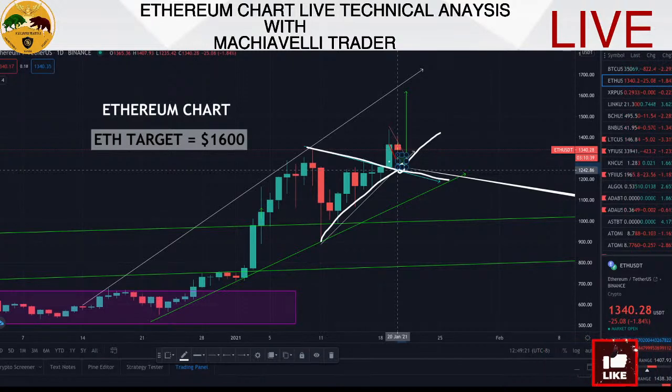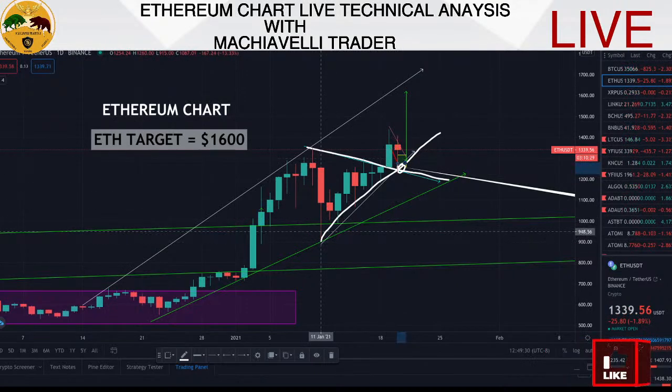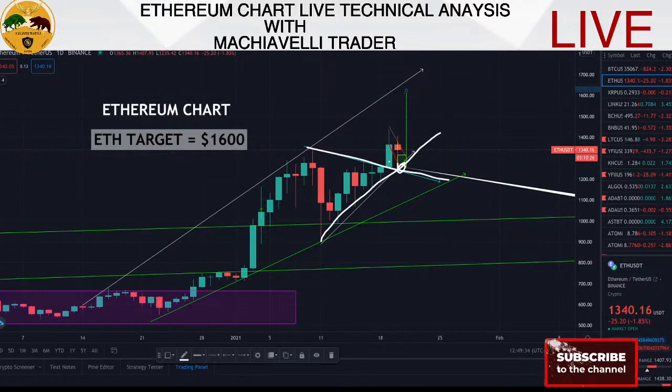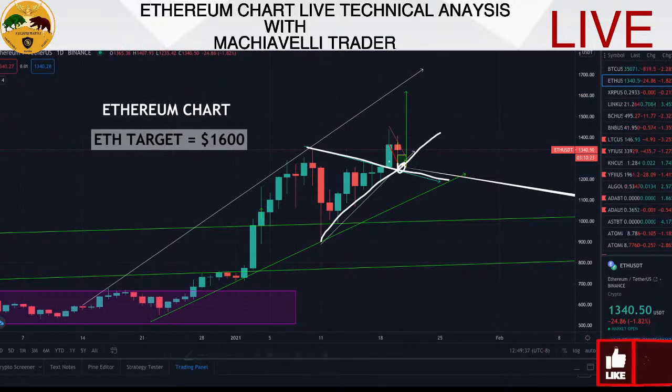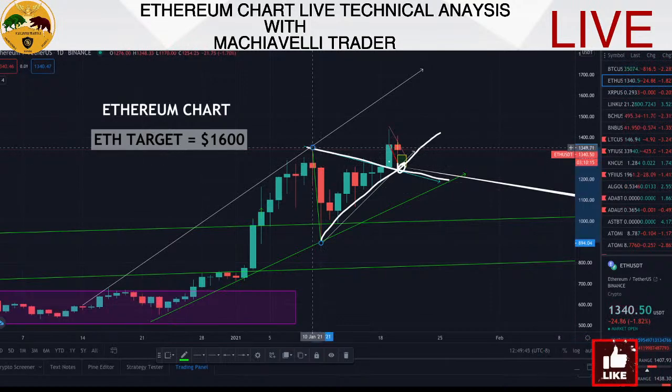That is where the bounce off took place. So if you look closely, you see that we're going to likely get a measured move of this move right here. So this measured move is likely going to take us, so we're going to have something like this. We're going to have a measured move of this sideways move, right? So this measured move is supposed to be right here because it started from here to here, right?